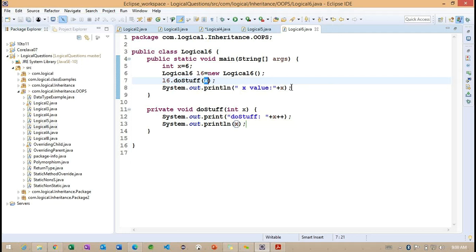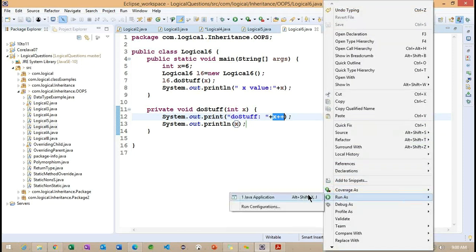Call by value. What happens internally in call by value? It is not going to affect the caller location when we try to change the value. Even if we pass this particular x value and it changes at the method level, it is not going to affect the main block here.